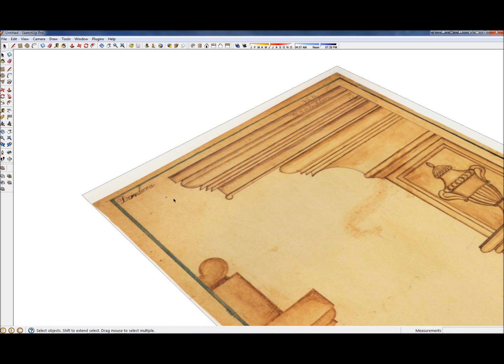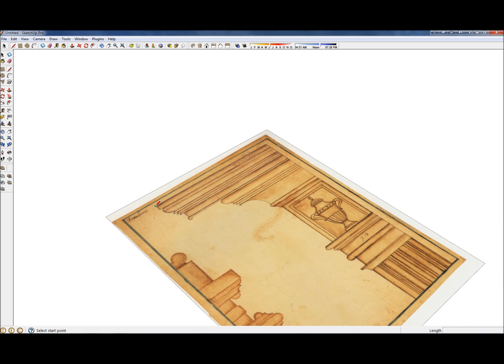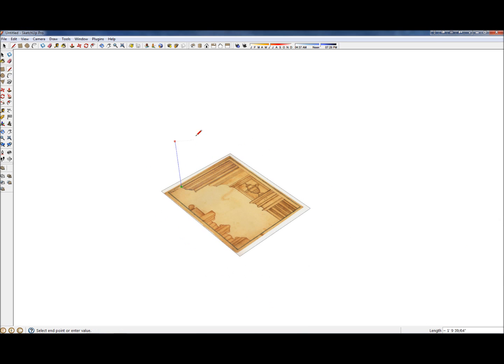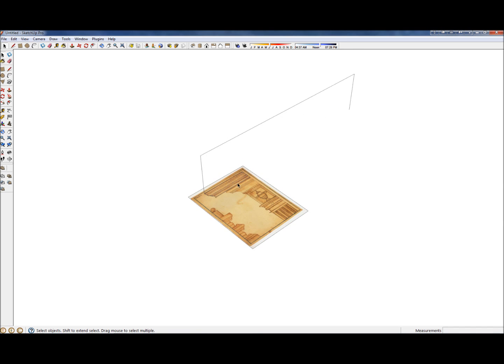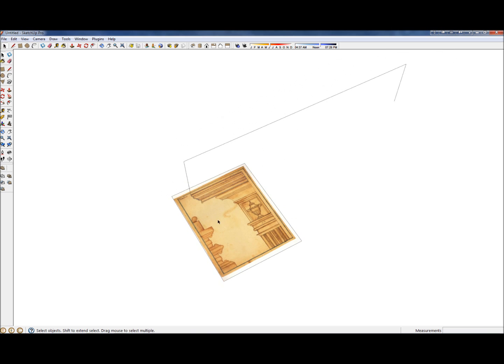The next step would be to draw in your 3D dimensions, what space you want it to occupy in 3D. So I know I want it to be 1 foot 10 inches deep, so I'll type in that line. Width-wise, I know I want it to be 8 foot and 3/4 of an inch, so I'll just type that in and hit enter. And now I'm going to return this with another 1 foot 10 inch. Okay, so that's the